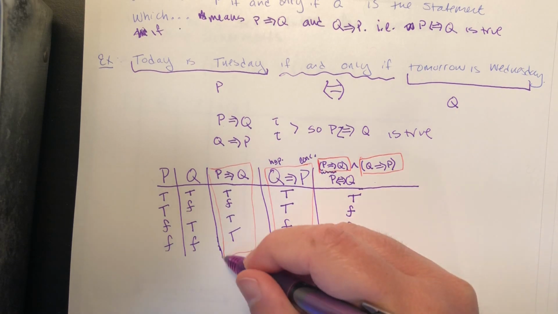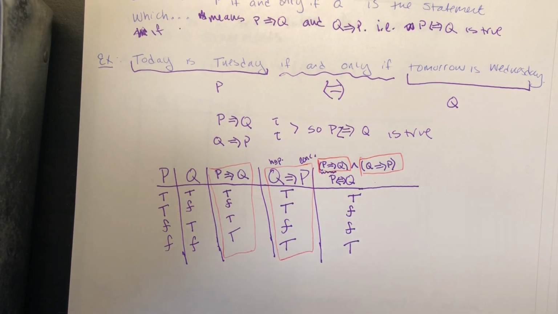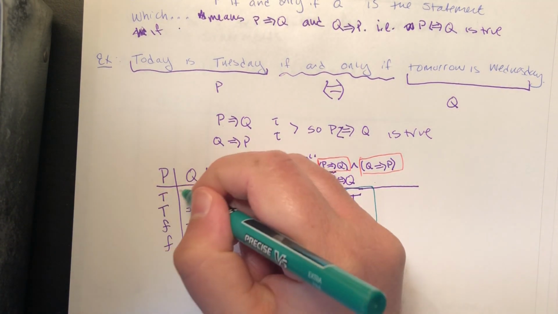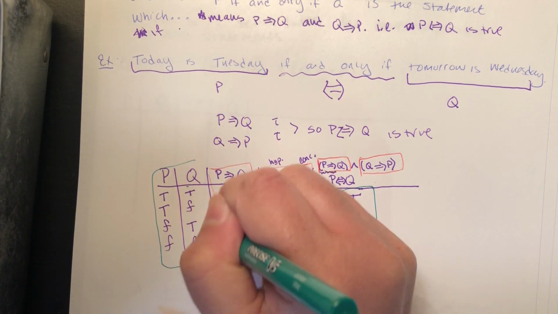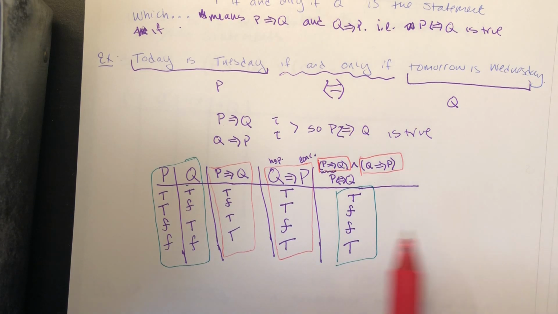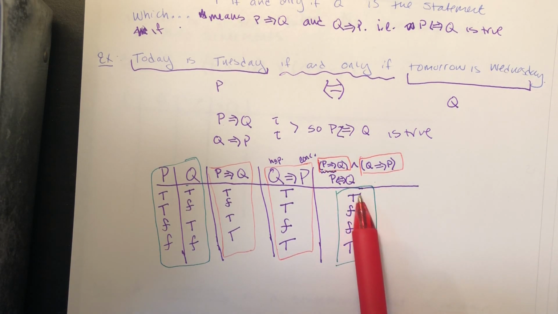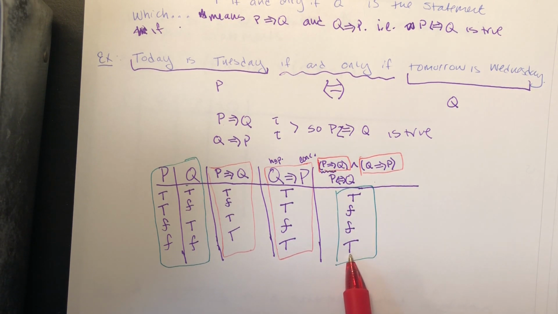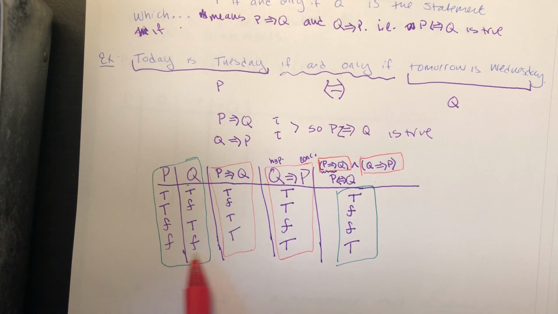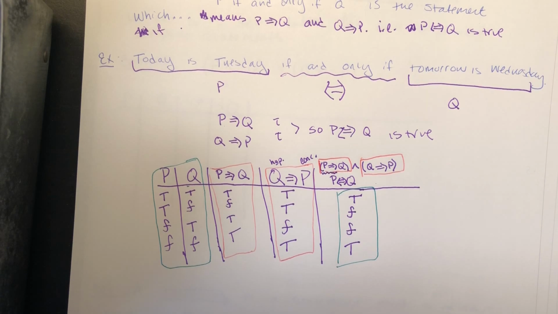All right, now we can go back and compare what we see in the last column here to the actual truth values of P and Q. What we notice here is that the if and only if statement, the biconditional statement, P if and only if Q, is true in the first case and the last case. It's true when both P and Q are true, and it's true when both P and Q are false. That makes sense, right? If we look back at this if and only if statement,